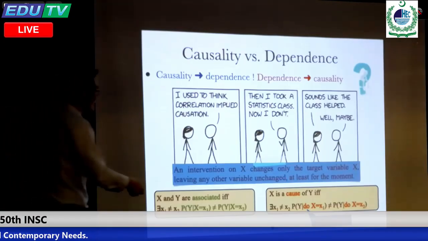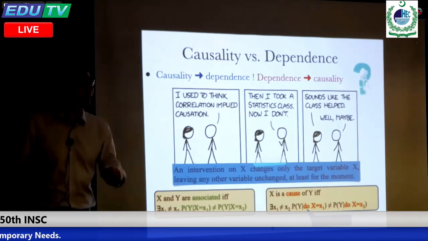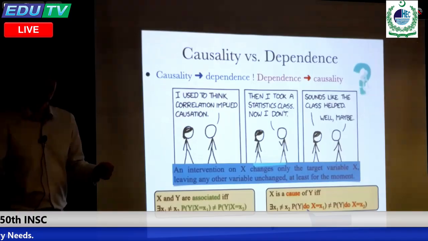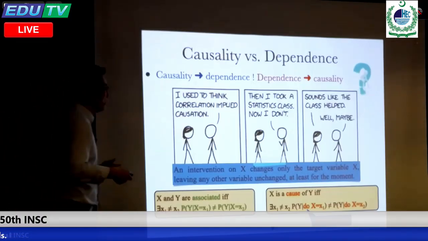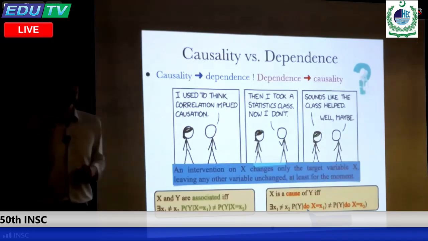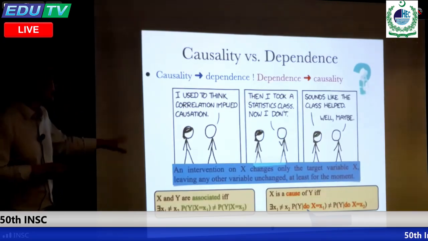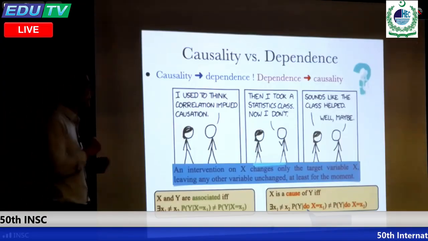So of course, this definition is still circular. Why? Because suppose I have no idea about the causality, how can I make sure this is an intervention without changing any other variable in the system? I cannot guarantee that, right? So that's why the definition is still circular. But later you can see by introducing some assumptions and some data analysis methods, we can break the circle. We can even discover causality from data, from purely observational data.